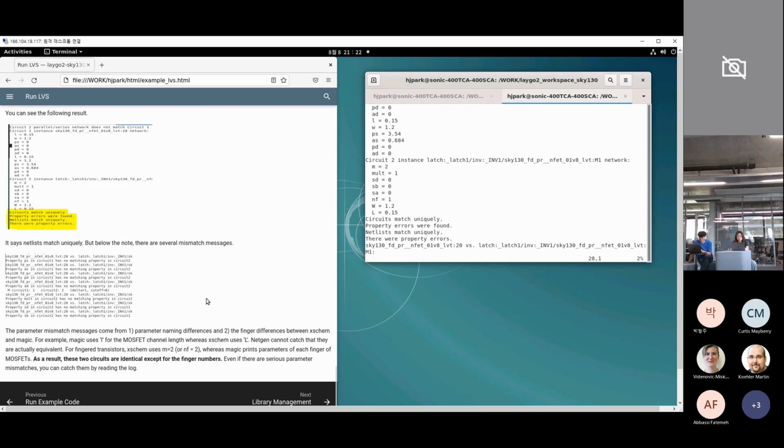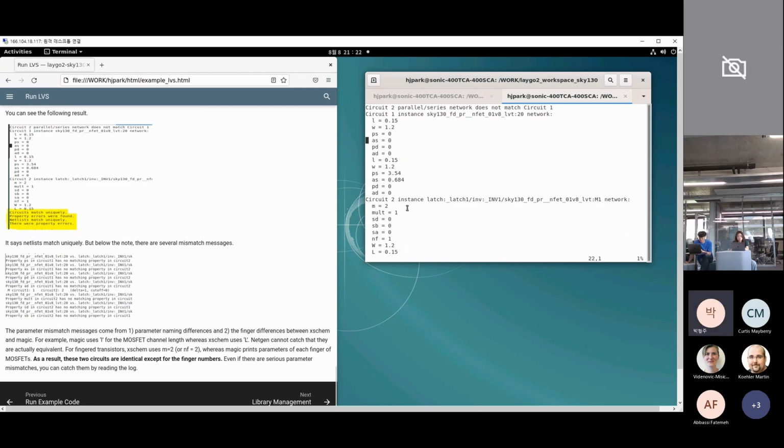And most of the time it occurs because NetGen is not a well composed program. What I mean is the parameter mismatch usually comes from a parameter naming difference, not a real difference,